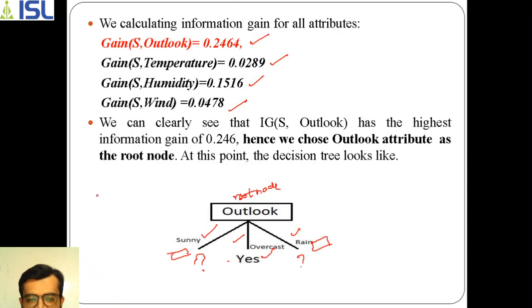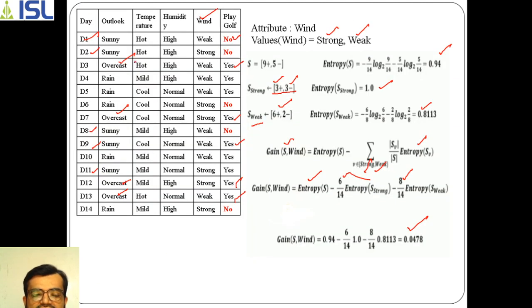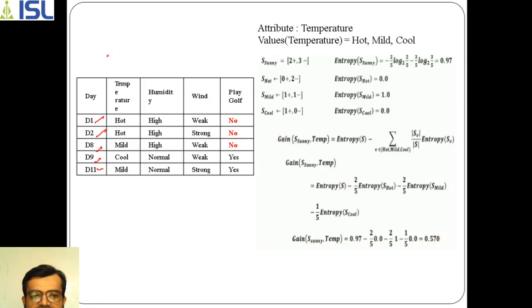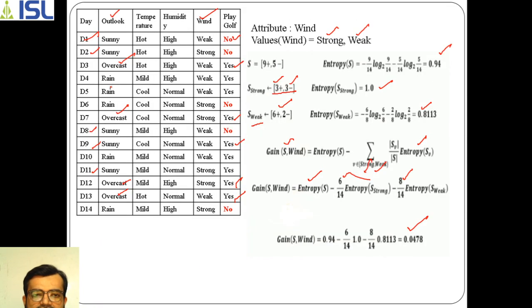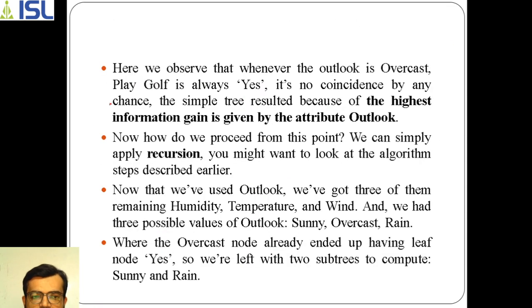As we are finding the value for sunny, we need to consider the rows wherever sunny is there. With respect to sunny only we need to find out, right? So for that purpose we are selecting D1, D2, D8, D9 and D11. How many rows? 1, 2, 3, 4, 5 rows. So we need to remove outlook as a column, because outlook we have already completed. We need to go with the rest of the data for the 5 rows, so we have removed the attribute outlook.